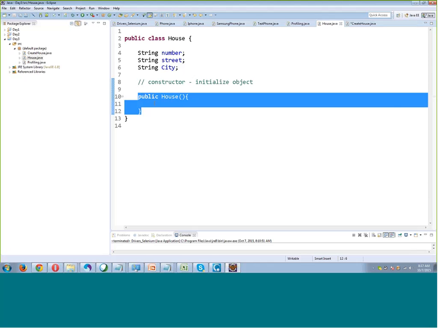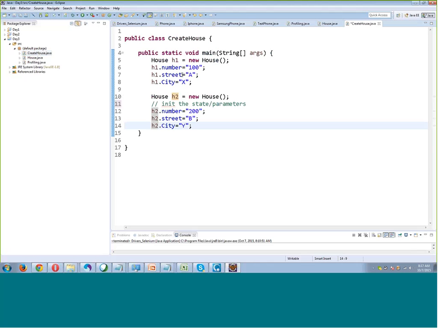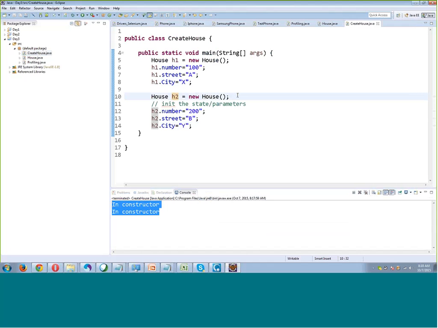Inside the constructor, if I write system.out.println "in constructor", and I go to my create house class and run it, you will see that "in constructor" is printing two times. The reason being that whenever you create the object of the house class, the constructor is called. You are creating 2 objects of the house class, so the constructor is called 2 times. If I create 2 more objects out here,